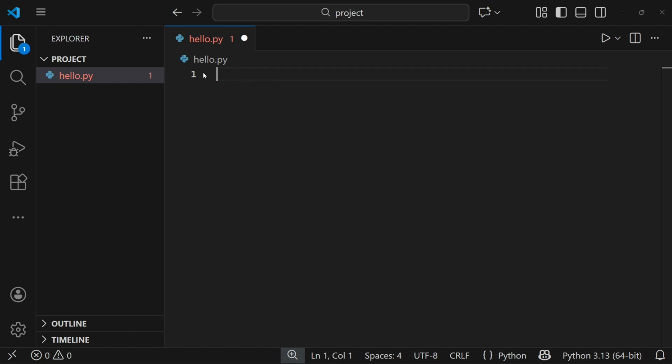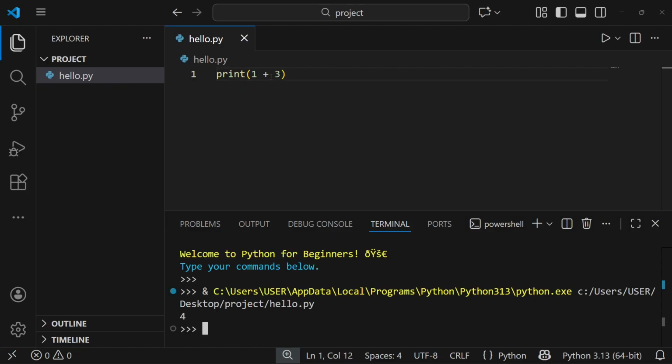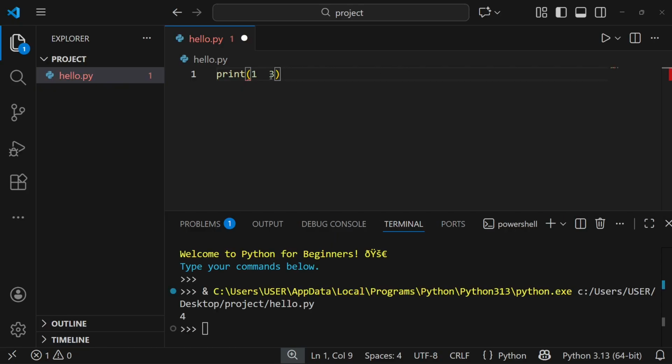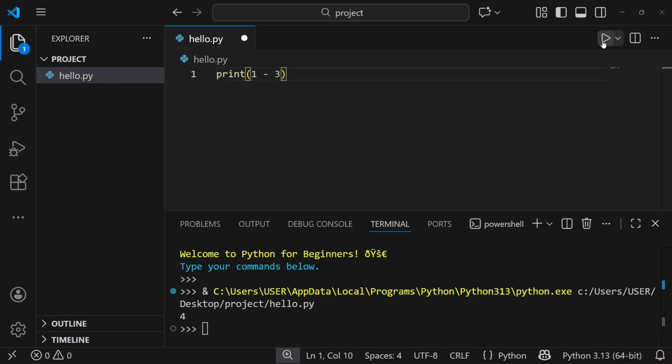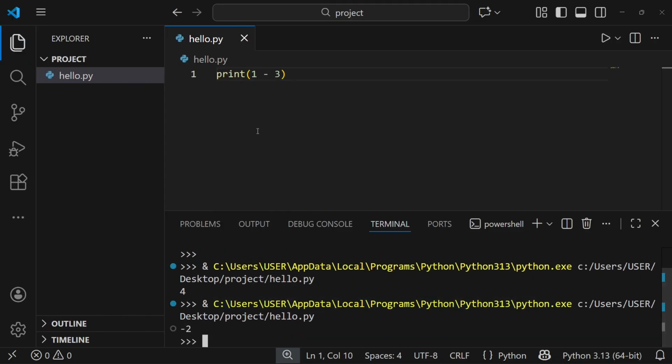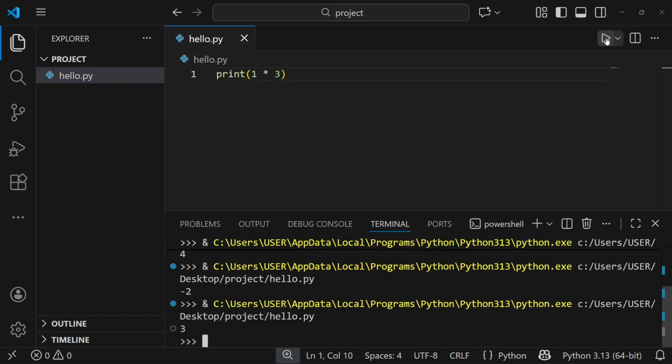So let's say we want to print 1 plus 3. We can do this and we're going to get 4 here. We can also use the negative sign, and let's run this program and I'm going to get -2 here. You can also use a multiplication sign here and you're going to get 3 here. You can also use a division sign here and you're going to get